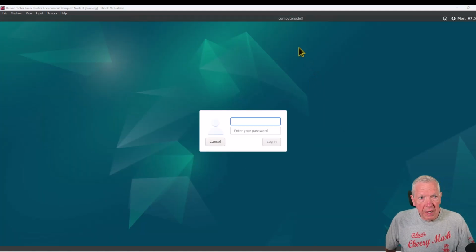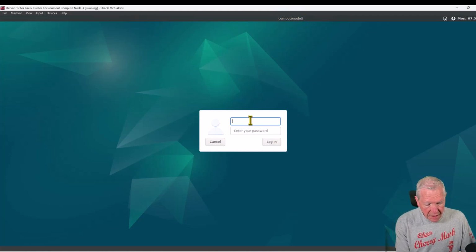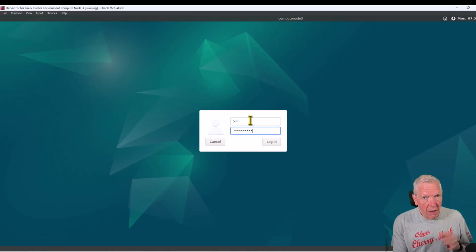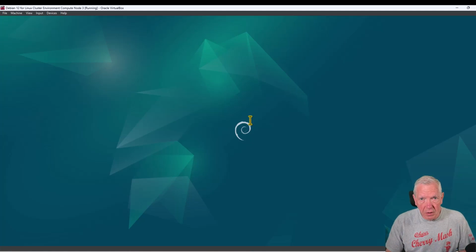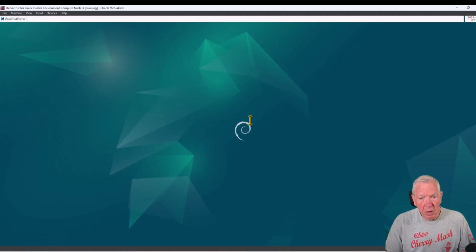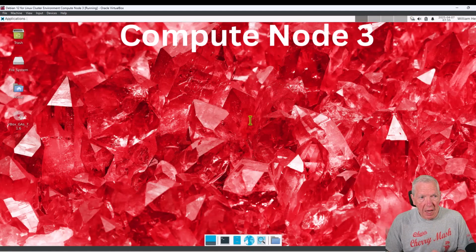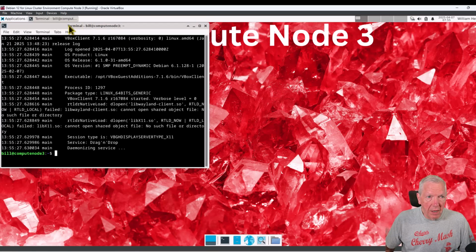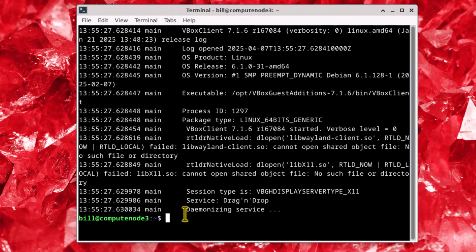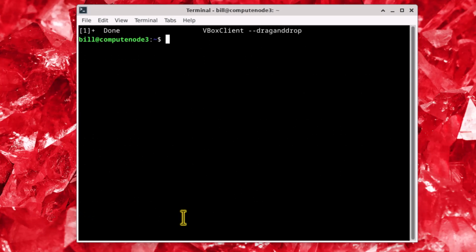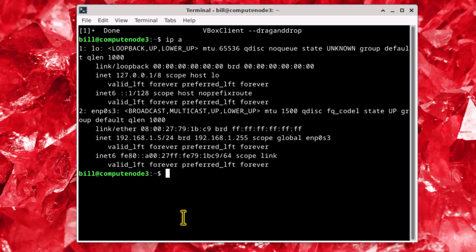Okay, we're back up and running, and at the top of the window here, you can see where it says Compute Node 3. That's a great thing because it did pick up our new host name. I'll log in here. The login credentials aren't going to change because all you've done is modify the host name and the IP address, but we want to make sure that we have the actual valid IP address. So I will bring up the terminal window here, run it down on here so it's easier to see inside this window, clear the screen, and I will do an ip a,